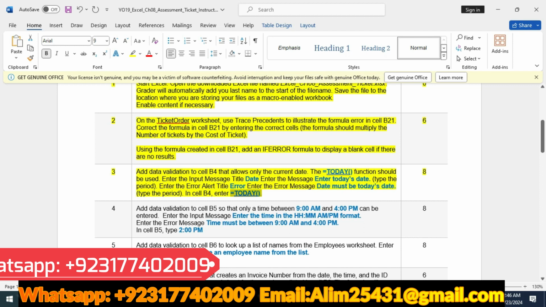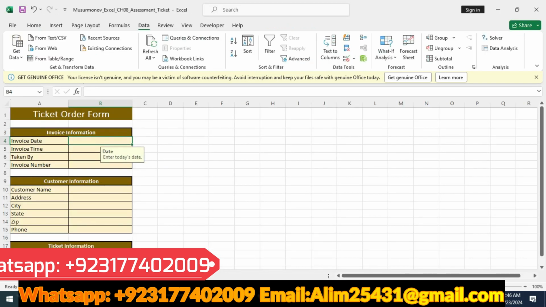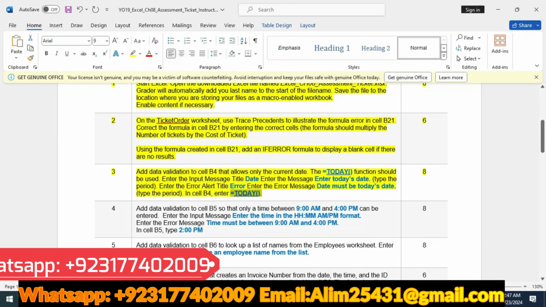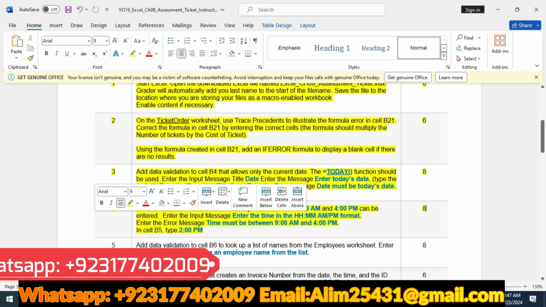In the cell B4 enter today date. So we will put in the cell B4 is equal to TODAY, start our bracket, close our bracket, and press enter. So we have got our today date in the cell B4. That's our third step. Our fourth step is